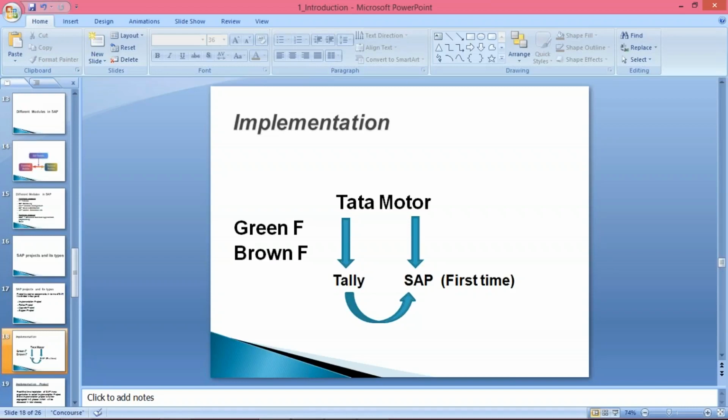So what will happen? Their plant construction will be happening somewhere. The construction is going on. They are going to build up this plant. Somewhere, some corporate office construction is also going on, isn't it? At the same time, once this plant construction is over, once this corporate office construction is over, and let's suppose the hiring is also going on for the employees who are going to be part of Tata Motor.